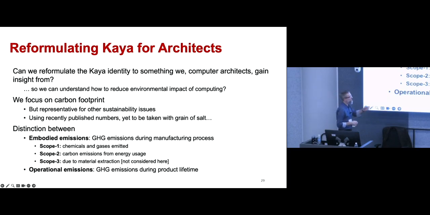Because there's very little data about Scope 3, I'm not considering it here, but based on what I mentioned before, it's pretty clear that the embodied footprint Scope 3 will be related to the size of the chips, or the number of chips that we are manufacturing. So the equation for Scope 3 will be quite similar to Scope 1 and Scope 2, as I will be presenting in a minute, but I don't really have concrete data. And then the operational emissions is the total carbon emissions during the whole lifetime of product use.